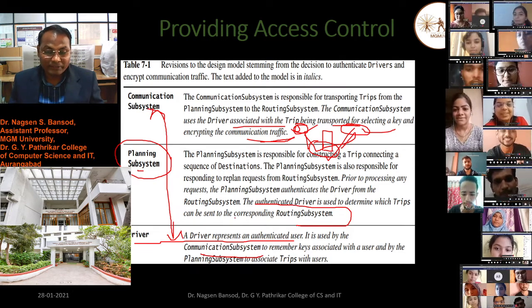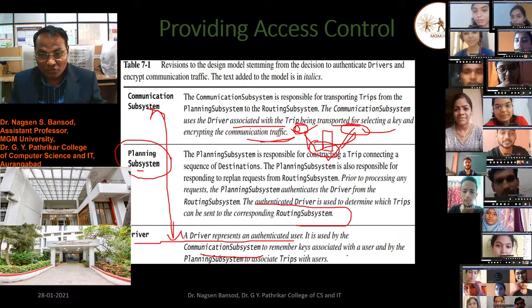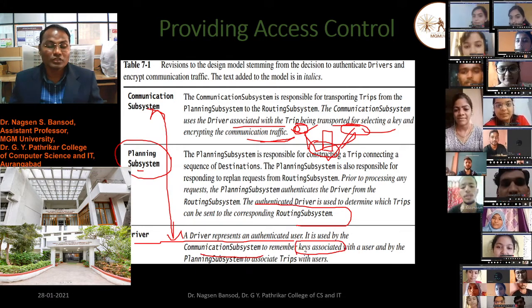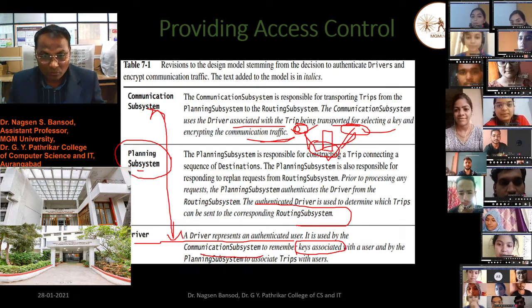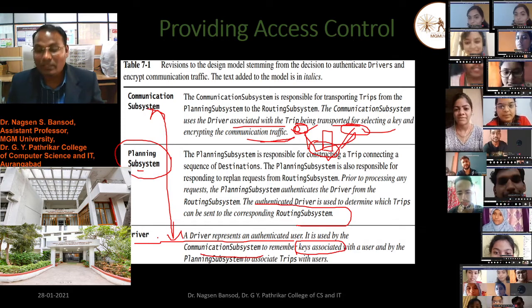In the planning subsystem and the authentication subsystem, there is a key. Through this key, we can create the association to authenticate the driver. The driver is in our trip's driver.